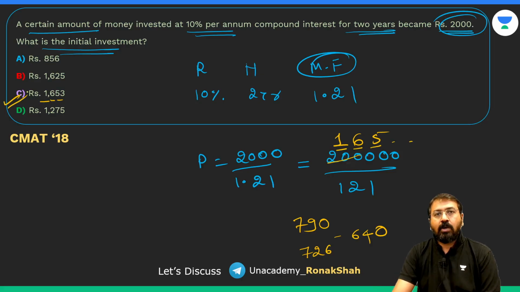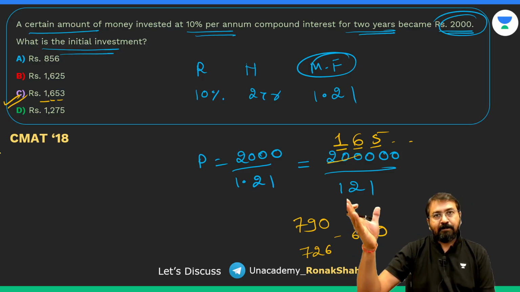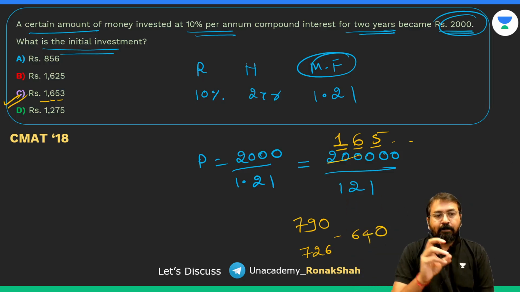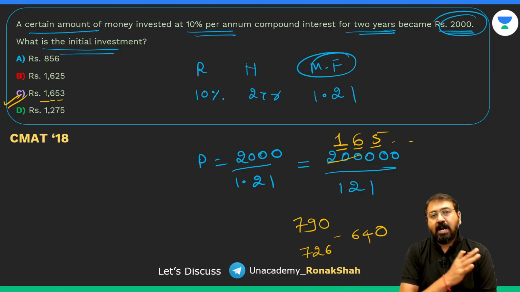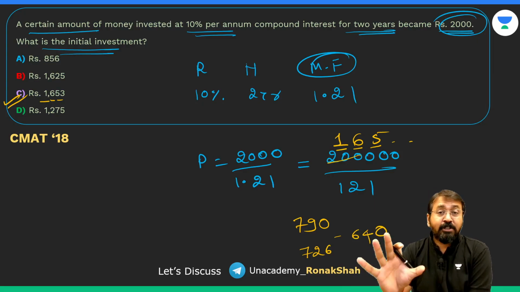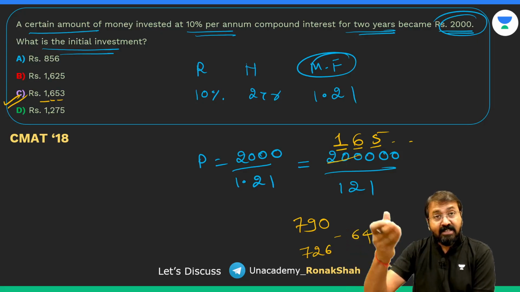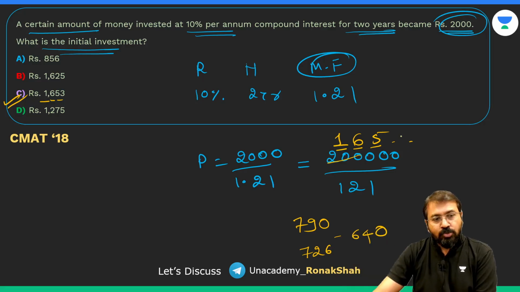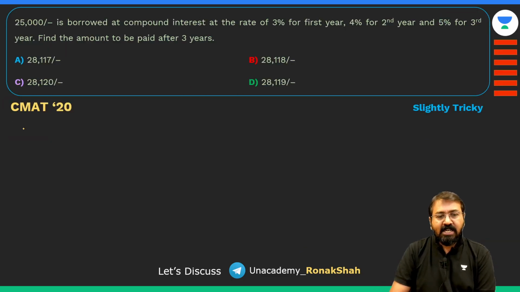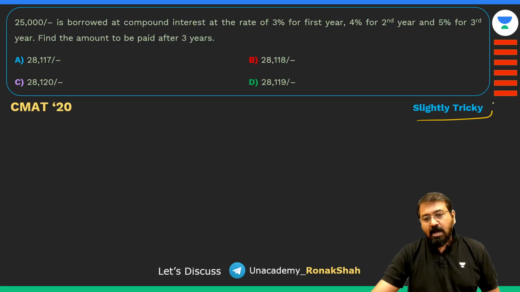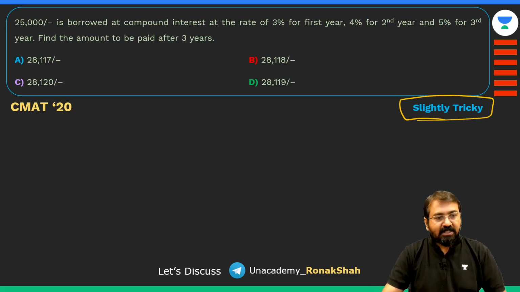165 वाला एक ही ऑप्शन है, टिक करो और आगे बढ़ो। क्यों पूरा सॉल्व करेंगे, हैव यू अंडरस्टूड दिस। तो भले ही उन्होंने कैलकुलेशन हमें दिया है, बट हम स्मार्टली उसको टैकल कर सकते होने चाहिए। अनफॉर्चुनेटली हमारे पास कैलकुलेटर नहीं है सीमैट एग्जाम में, बट जरूरत भी नहीं पड़ेगी, ठीक है। तो ये आ जाएगा 1653 पॉइंट समथिंग, बट हमें आगे बढ़ना ही नहीं है। आंसर मिल गया, आगे बढ़ो। अब ये क्वेश्चन देख लेते हैं, यहाँ पे मैंने लिखा है स्लाइटली ट्रिकी। क्यों पता है, ऑप्शन देखो।